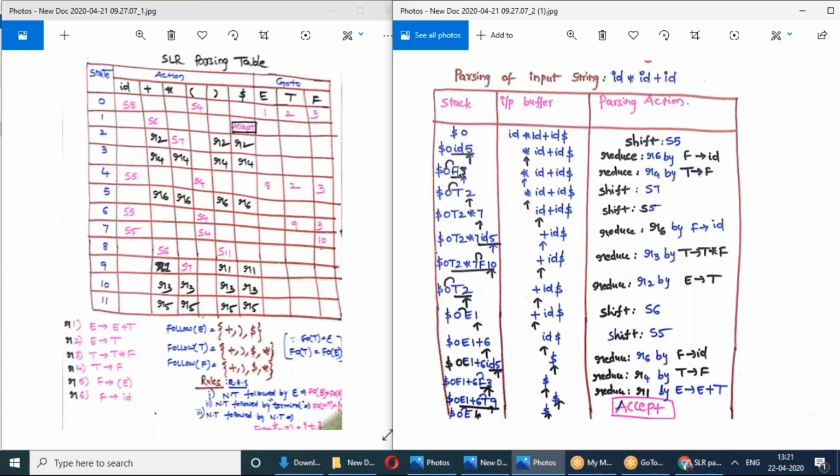This id and 5 get replaced with the F. Now 0 on F, where is it going? It is going to 3. So 0 on F is 3. Now 3 on star, so let us check 3 on star. It is moving to